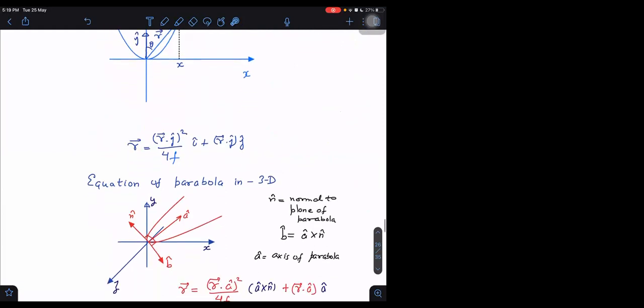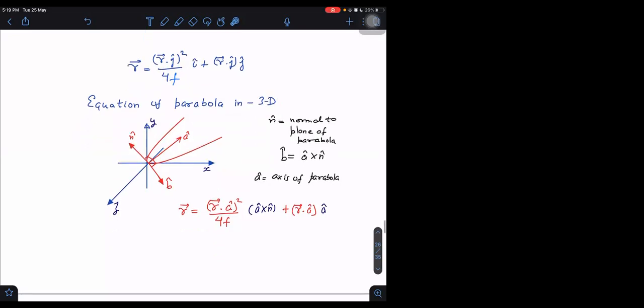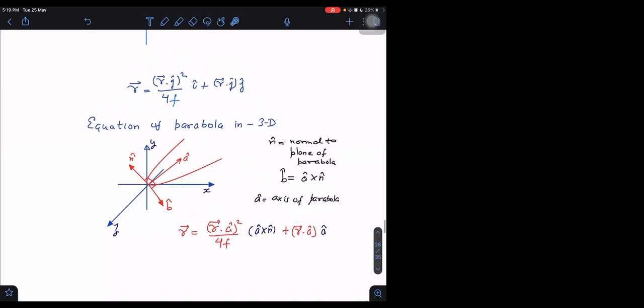Now, see now, this is amazing. After this, what I'm going to tell you is amazing. The equation of a parabola I can write in 3 dimensions also. This is normally supposed to be so difficult that it is not even dealt with in 12th class real mathematics, not physics. We are just doing physics, and in that also basic mathematics of physics. But imagine the power of vectors, that using just basic mathematics knowledge, not knowing much mathematics, what we can do is not even done in 12th class mathematics. It can be done maybe at a higher level, but not even in 12th class mathematics. But see, we can do it just using this vectors logic.